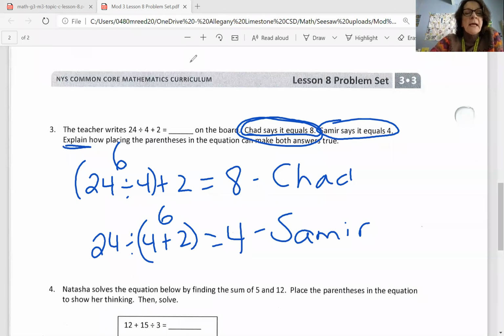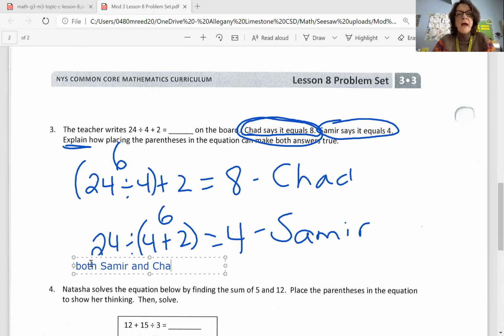So I'm going to click on my text box here and I'm going to type an explanation into my text box. It says explain how placing the parentheses in the equation can make both answers true. So I'm going to say both Samir and Chad are correct. They got different answers